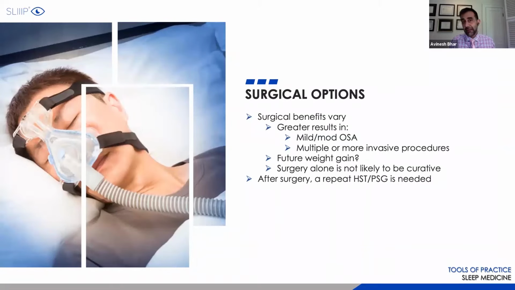Surgical options. My first disclaimer, I'm not a big fan of this. The reason is I find that, or we found that, and when I say we, I mean people who've done actual research, I just read the research. When patients undergo a lot of surgical changes or they go for surgical treatment, these patients already have a likelihood of an obstruction occurring.